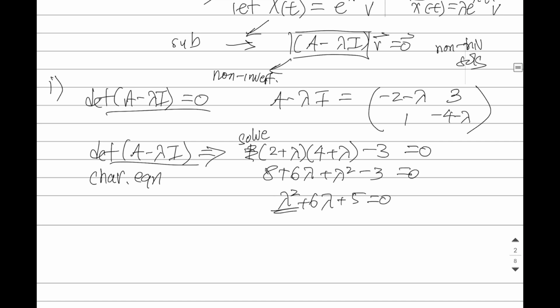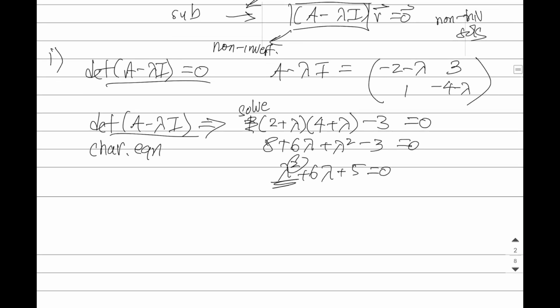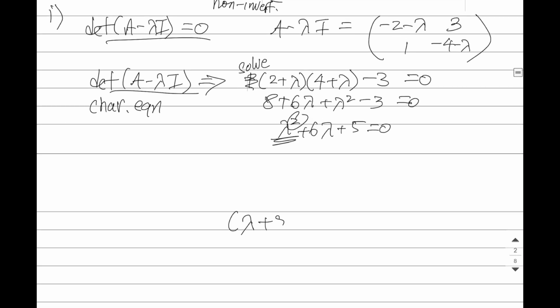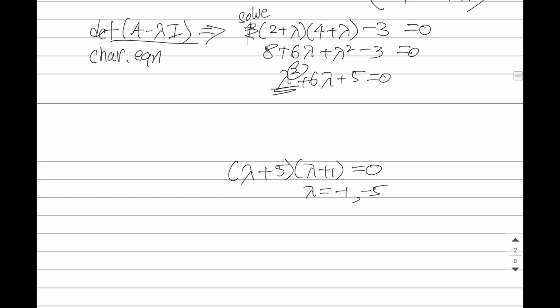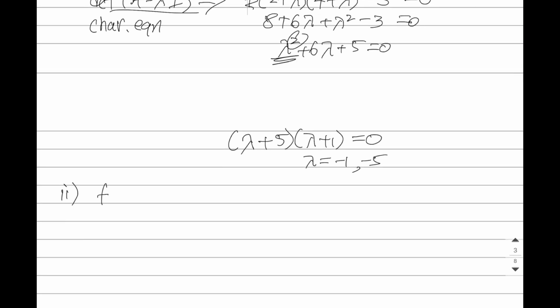And it's a second degree equation. If we factor this, we'll get lambda plus 5, lambda plus 1 is 0. So lambda will be negative 1 and negative 5. So the second step in this process is to find the eigenvectors. We have to find V by finding the non-trivial solutions to this problem for each lambda that we've just